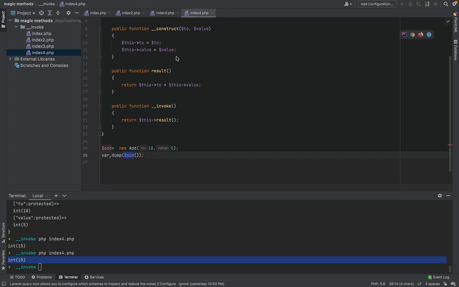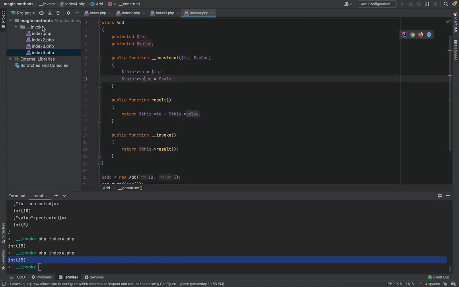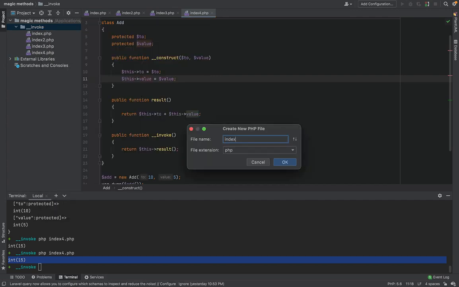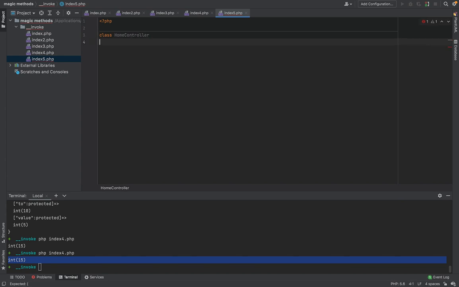Okay, so I hope you got the idea of what's going on in here, but to sum it up, I guess I have to create another one, in which, let's say, I have a class named home controller, just to make it a new name. And in here I have public function invoke.